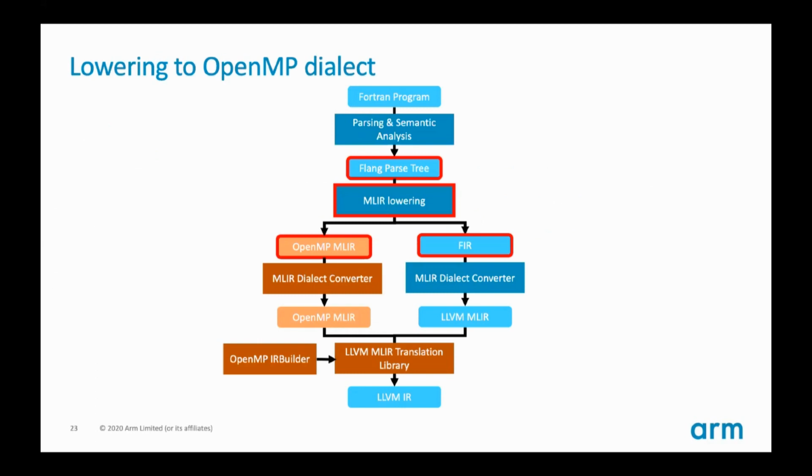I think Brian is cutting out. The question, I can read out the question. So it says, is the AST lowered into one MLIR representation or two to be separately processed via OpenMP dialect conversion and LLVM-IR dialect conversion? How are the results for the two conversions to MLIR representations?